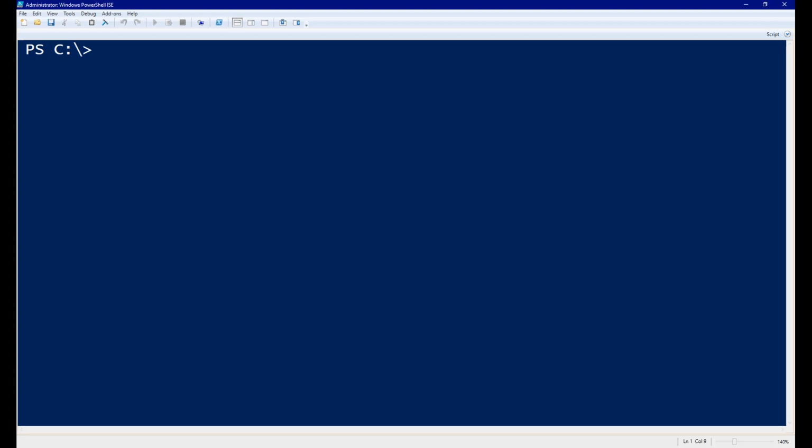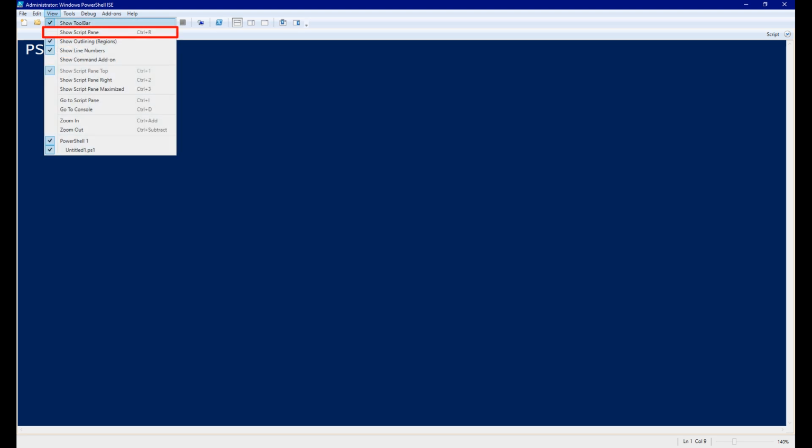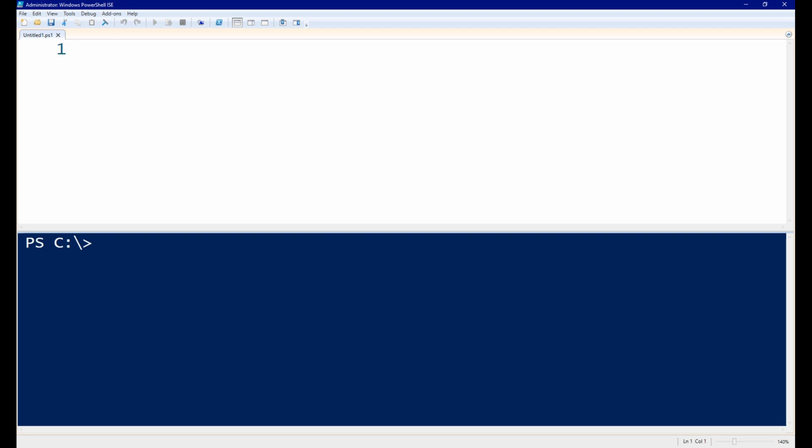To script, we need to use the script pane. Go to View and choose Show Script Pane. We create a script by typing some code